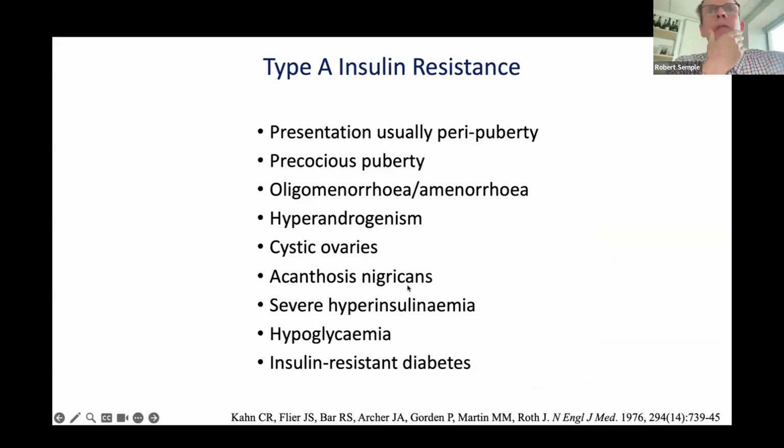So one of the common bits of terminology you get thrown around is type A insulin resistance. And this was a term which was coined really mostly for the autosomal dominant patients. And it was coined in the 1970s by the team at the NIH. And it was coined to distinguish it from